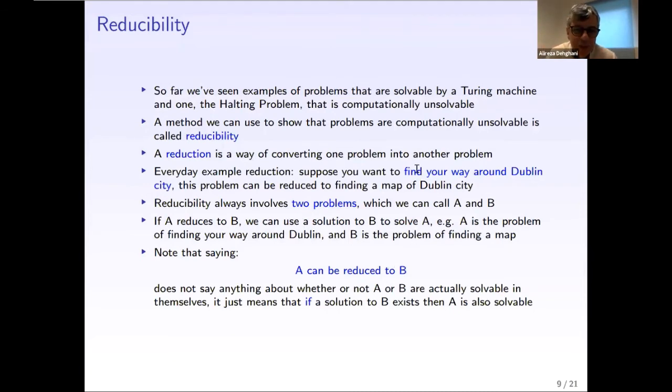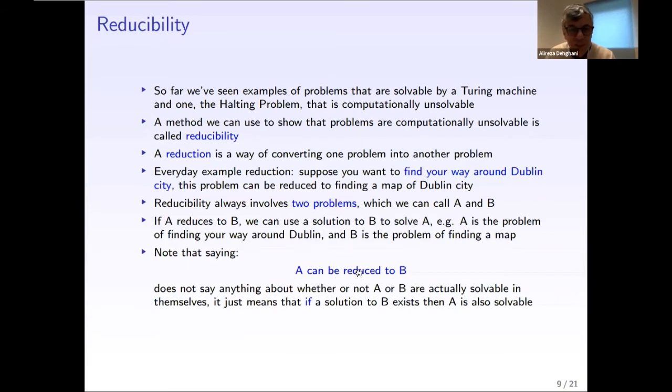That's exactly, we can come back to that example. If that person asks you, how can I go to that specific street? You can say, okay, can I find a map to do that? Yes, you can find. Okay, so you have converted, you reduced problem A to problem B. But is it possible to solve the problem B?